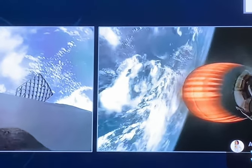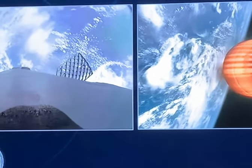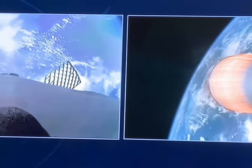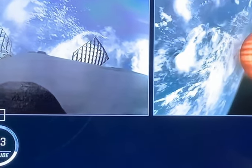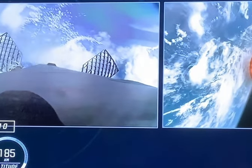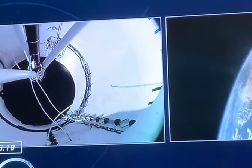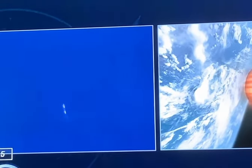As we await the entry burn for our first stage, you are getting great views of it on the left-hand side of your screen. You can also see 2 of our titanium grid fins, which are the primary mechanical structures. Dragon, SpaceX, nominal trajectory. Confirmation there from Mission Control that everything is still looking good. Freedom copies, nominal trajectory. Now, as I mentioned, those grid fins are the primary mechanical structures that we use to steer the booster back toward its landing zone, which today is LZ1 at Cape Canaveral. Just as a quick point of reference, those grid fins are about 4 by 5 feet, so roughly the size of a coffee table. Getting our first track